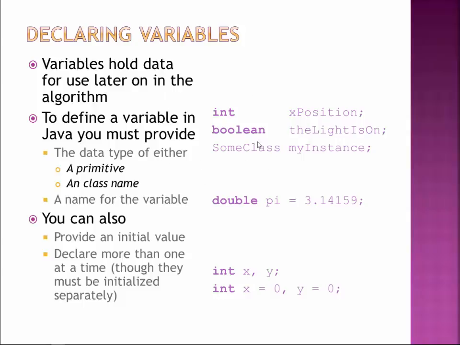So the data type has to be either a primitive or a class, and then it's followed by the name of a variable and possibly a semicolon, or if we want to, we can initialize it, like the double pi is equal to 3.14159. It's legal to, but seldom used. You can actually define multiple variables of the same type on the same line, as we can see right here. I don't encourage it. I really think it adds more confusion than it does help, but it is allowed inside